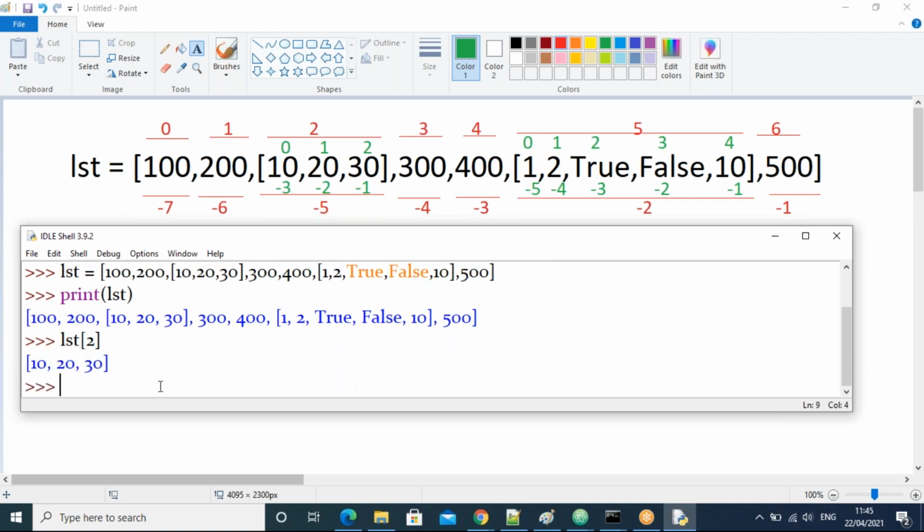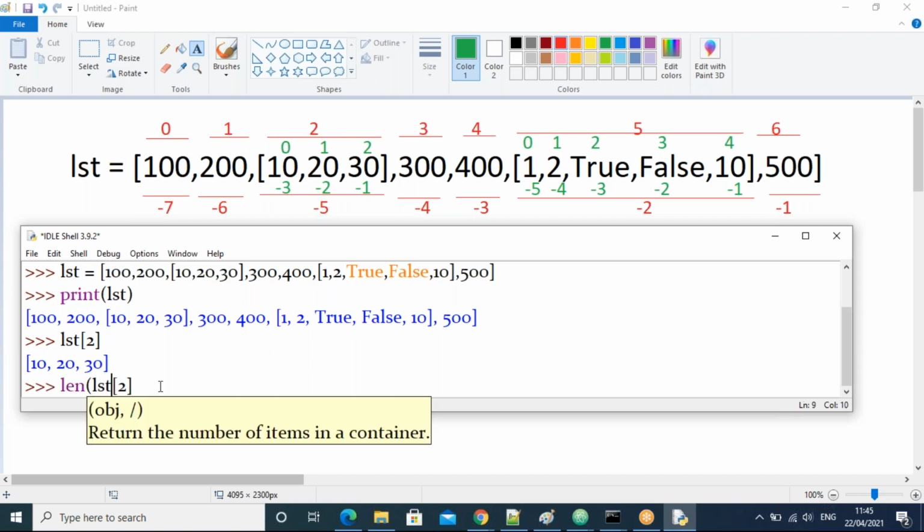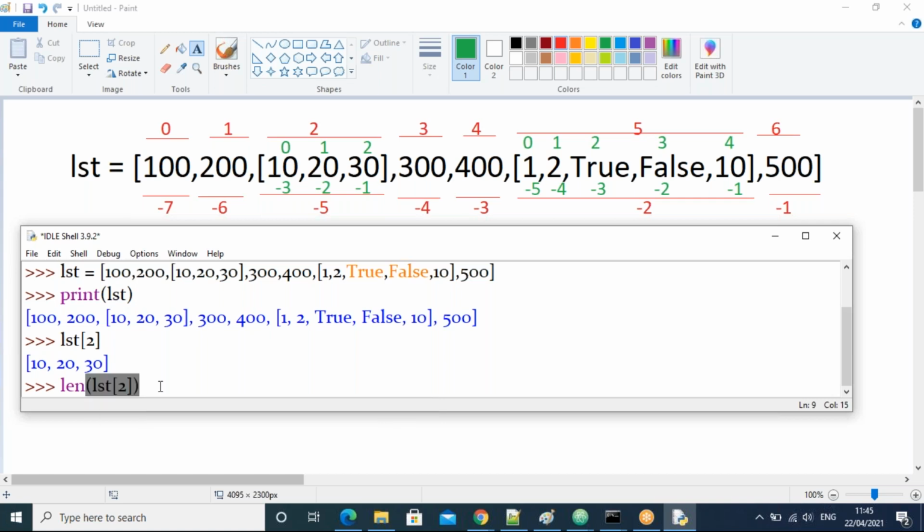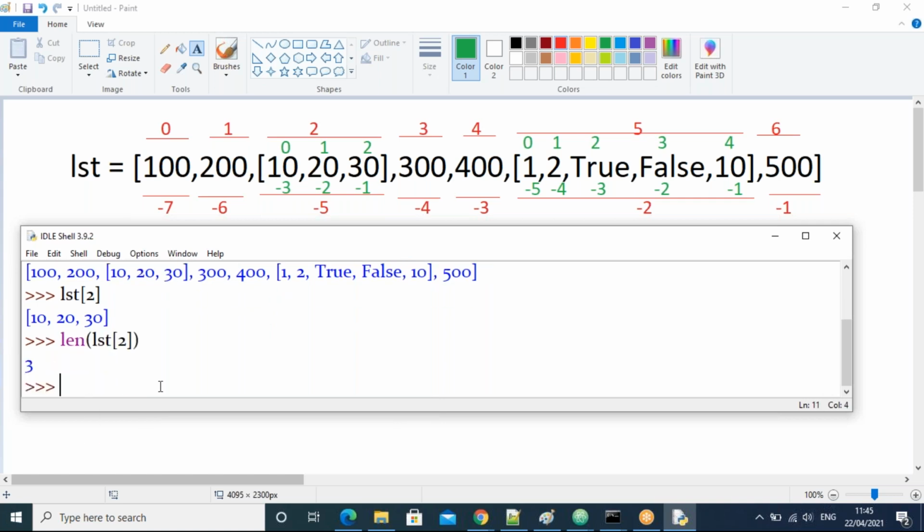That came. For that one, I want to find the length, so apply the length function here. I am taking the length function. That's fine. Next one.